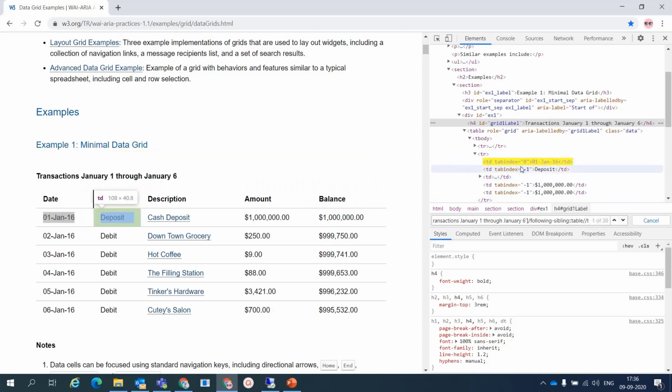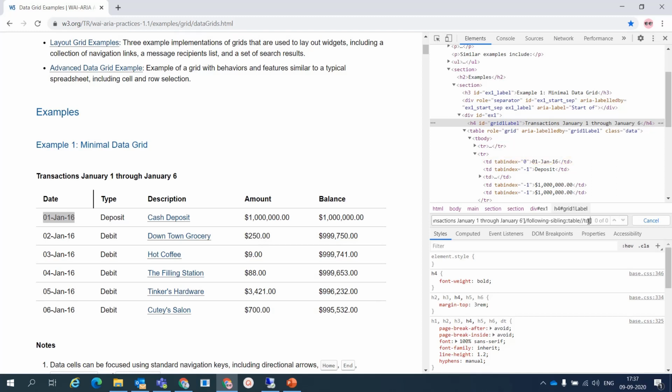Td is a child. You can see these all are td. So double slash means children. Now this table has 30 children. It has very many children. Now we want only one child, the one which has this date.